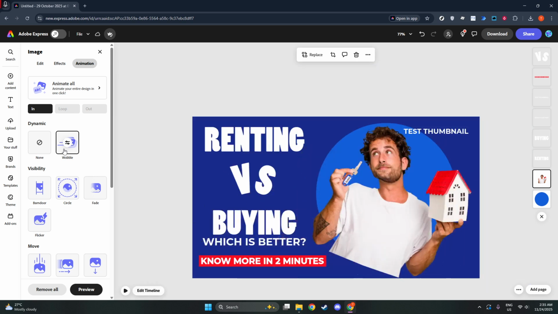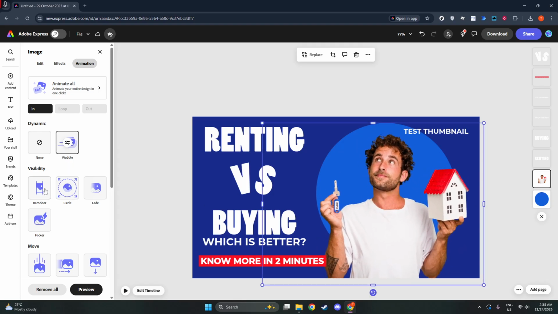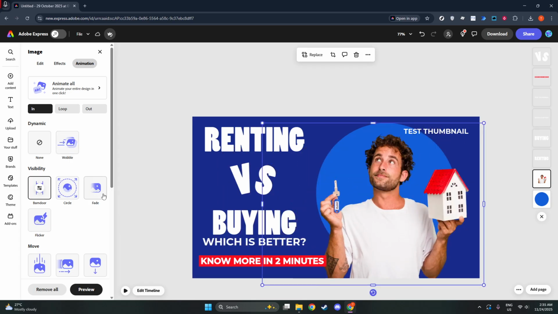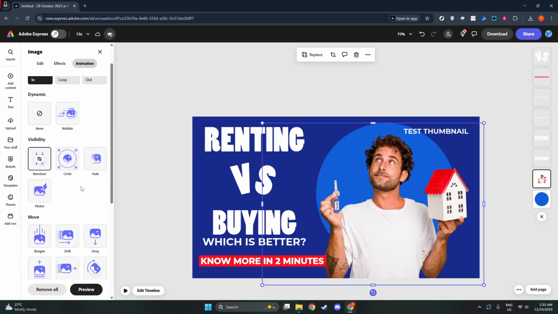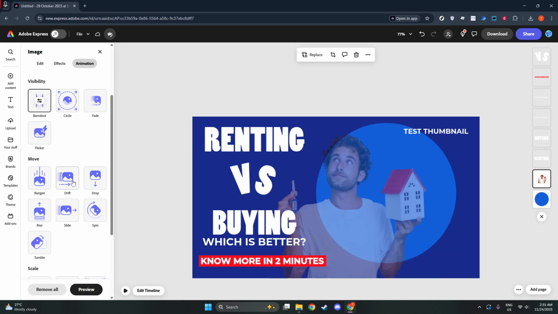In animations control how elements enter the scene, like a fade in for a gentle reveal or a slide in for added momentum. Looping animations keep elements moving continuously, such as a subtle bounce or a wiggle that draws the eye without being distracting. Out animations handle how elements exit, like a fade out or a move out that clears the stage for what comes next. Think of in and out as your storytelling transitions, and looping as the accent that keeps attention alive.